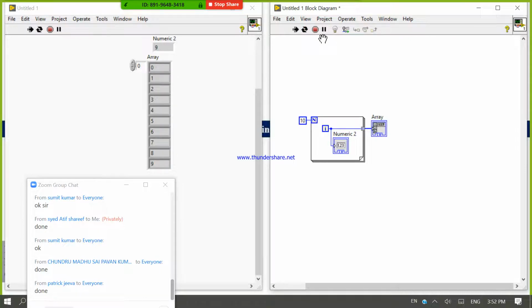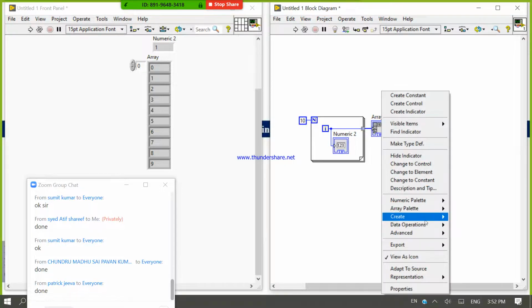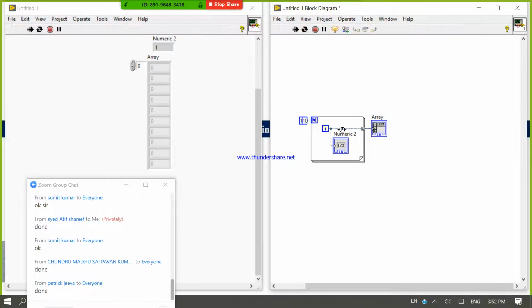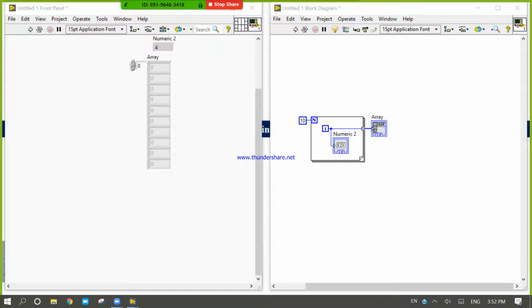Run continuously, execution highlight. Wait. Again I need to clear. Run continuously. Now data is coming one by one. If I hit the abort button, then I cannot get any output from the platform, because abort means suspending your program. So whenever you work with a for loop and while loop, use the run button. Don't use the run continuously button.